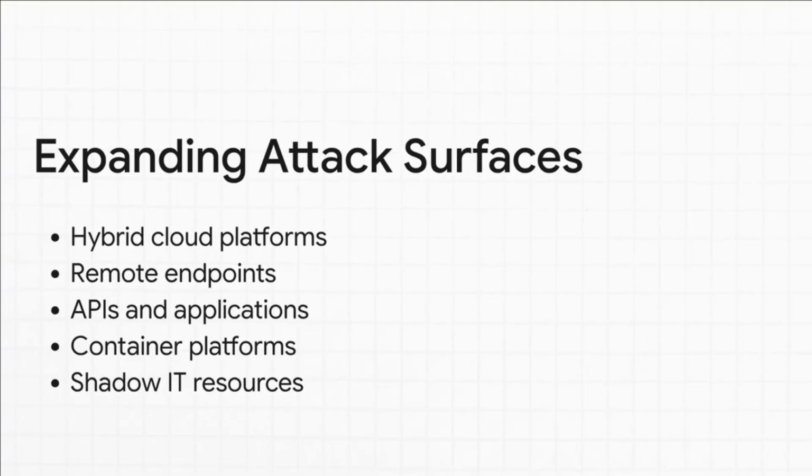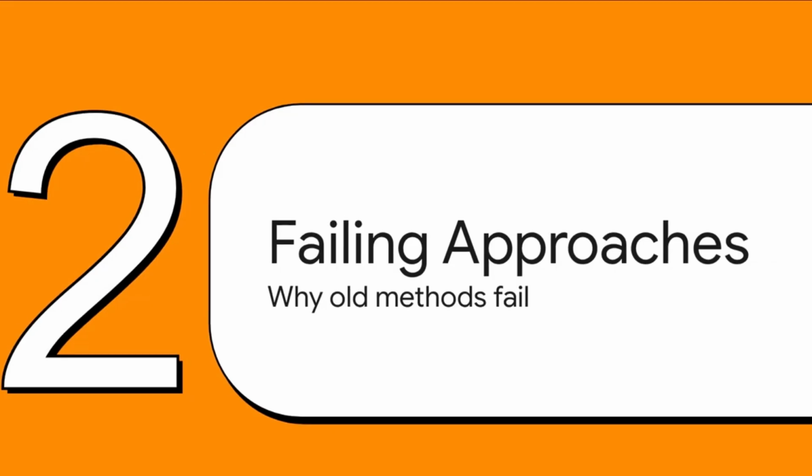Look, we all know digital transformation is fantastic for business agility, but man, it creates a sprawling, fragmented nightmare for the security teams trying to protect these setups. We are way past the days of protecting a neat little network perimeter with a single firewall. Modern enterprises are operating across hybrid clouds, remote endpoints, APIs, and containerized microservices. And we can't forget shadow IT. You know, like that unsanctioned cloud server the marketing team just spun up over the weekend, or an exposed S3 bucket that nobody bothered to lock down. This massive expansion of the attack surface introduces a level of complexity that those older tools literally just aren't built to handle. Which brings us directly to Section 2, failing traditional approaches.